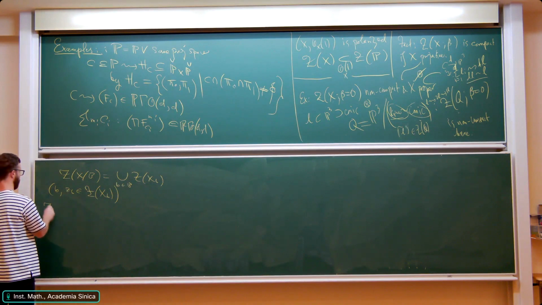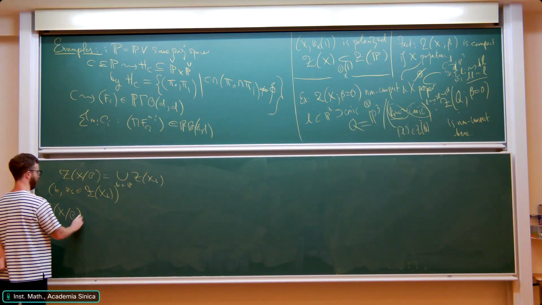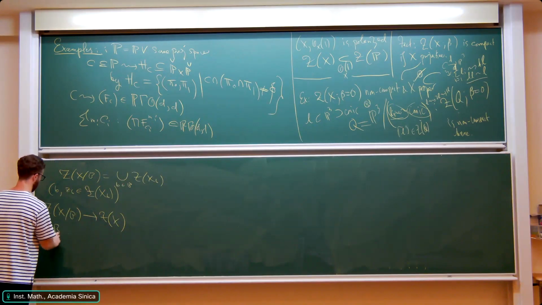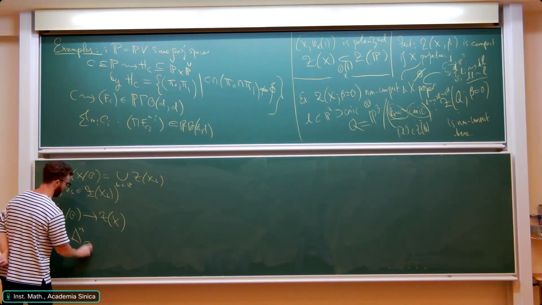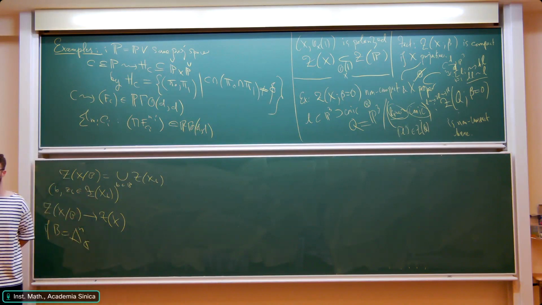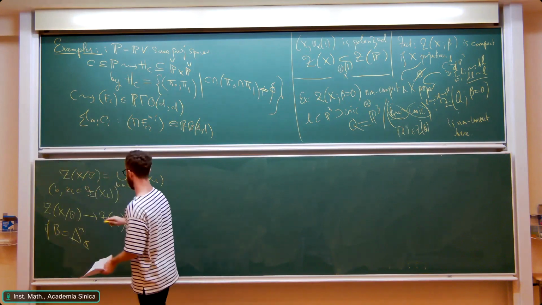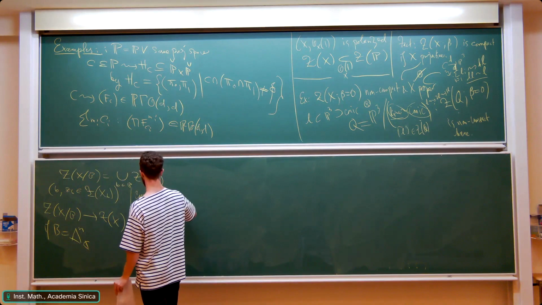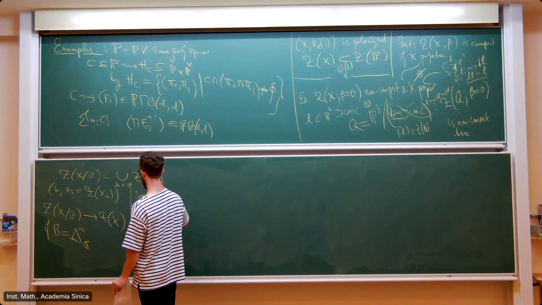Because, for example, there are no curves in the base. So if you want it to be local, B is supposed to be this thing. For instance, okay, and comes with